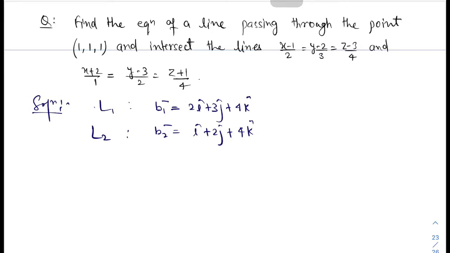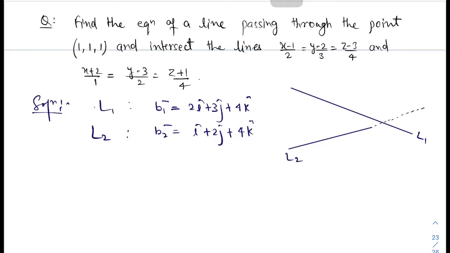But whether the lines are intersecting or not, that we can't say for sure without calculating the shortest distance. So by calculating the shortest distance we can easily find out whether the lines are intersecting or not. But the question is not whether the lines are intersecting or not. The question is like this: consider this as line 1, consider this as line 2. I am not sure whether the lines are intersecting or not, so let me draw it like this.